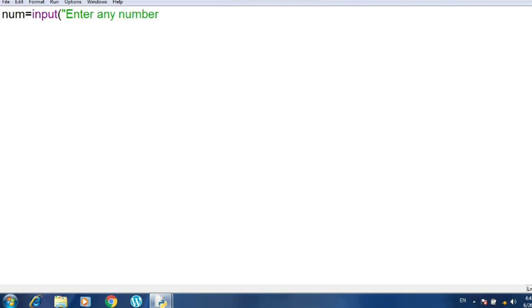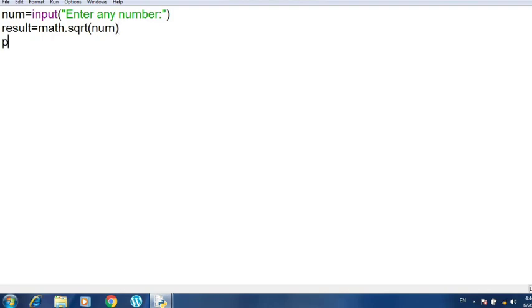Now suppose I want to find the square root of the particular number. I don't want to get into the formula, it is very difficult to do in Python. So I am taking a variable, suppose result, to store the result, and I will use the math.sqrt function of the math module, and then I am writing the variable in which the number is stored by the user. I am printing the result here.